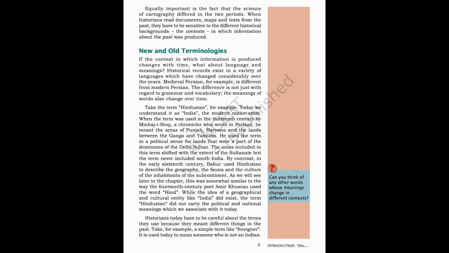Today we understand it as India, the modern nation state. When the term was used in the 13th century by Minhas-i-Shiraz, a chronicler who wrote in Persian, he meant the areas of Punjab, Haryana, and the lands between the Ganga and the Yamuna. He used the term in a political sense for lands that were a part of the dominance of the Delhi Sultan. The areas included in this term shifted with the extent of the Sultanate, but the term